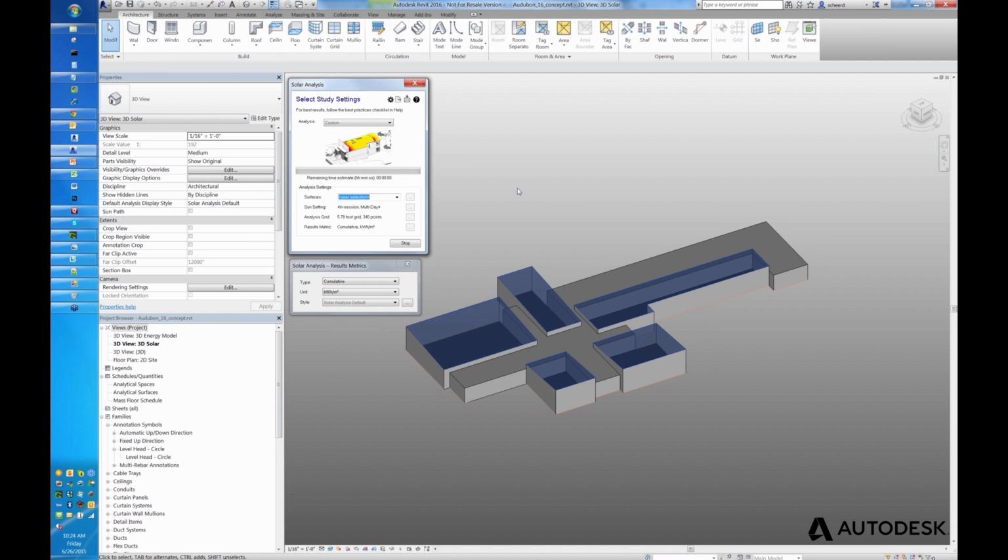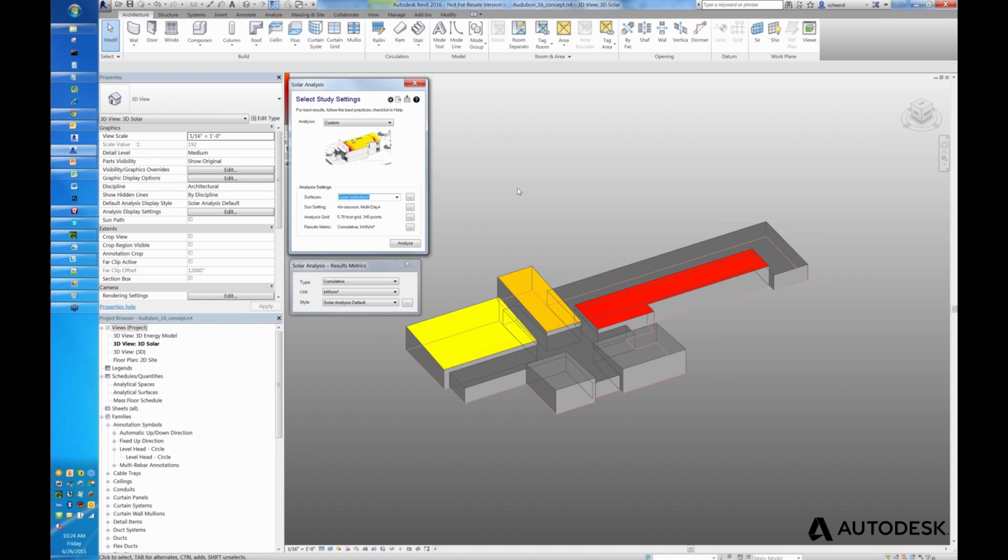And we're using the exact same algorithm here in Revit as we do in FormIt, so you should get the same results in Revit as well. So here we can see right off the bat which roof service is going to be the best for solar panels, for instance. I won't go through a lot of the design workflows. I think Marcus covered those really well. I want to more show you the functionality available in Revit, and then hear from you folks on the workflows you're interested in. But the basic settings are